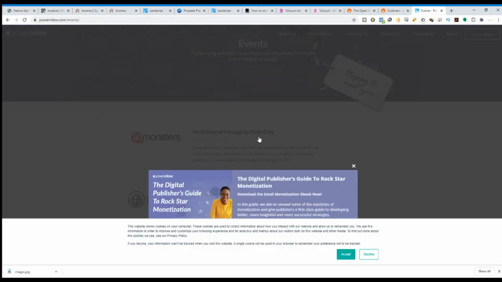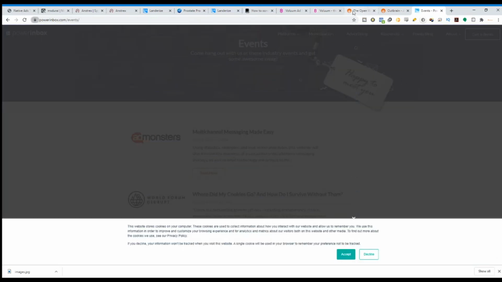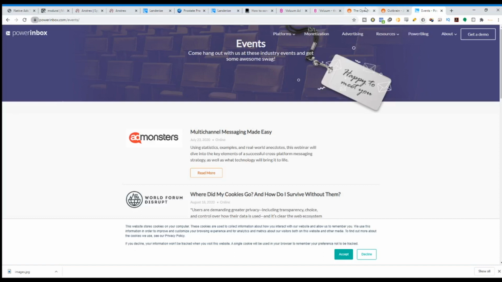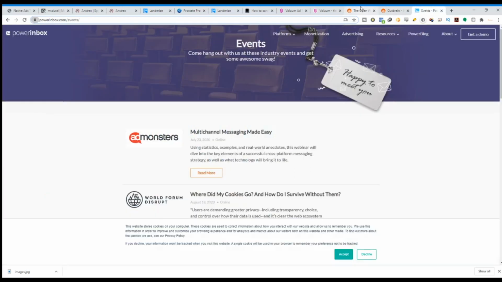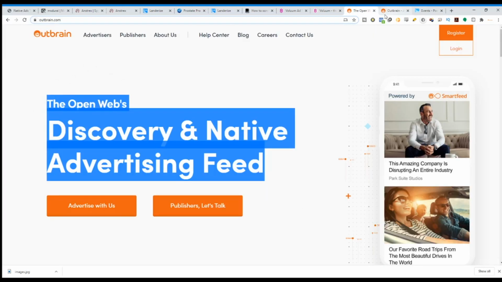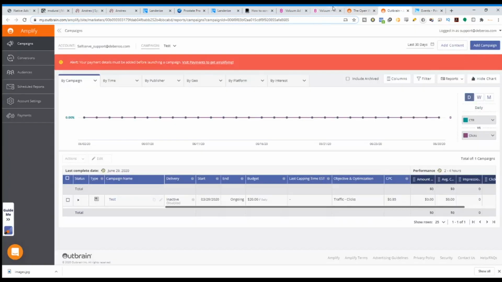I never used this before, so you can go to this one and use it and all this kind of stuff. All these different ad networks have a different way of building native ads, but mostly they comprise simple stuff. Let me just show you an example of